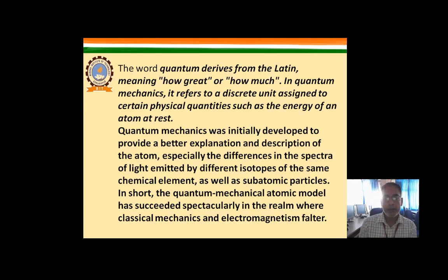It cannot be a decimal number. We cannot say that n can be 1.5 or 2.5, where E is equal to nh nu and h is equal to Planck constant, that is 6.62 into 10 to the power minus 34, and nu is the frequency of radiation. And the another theory is Bohr's theory. According to Bohr's theory, electron revolves around the nucleus in orbits and motion is restricted in such a manner so that angular momentum is quantized.